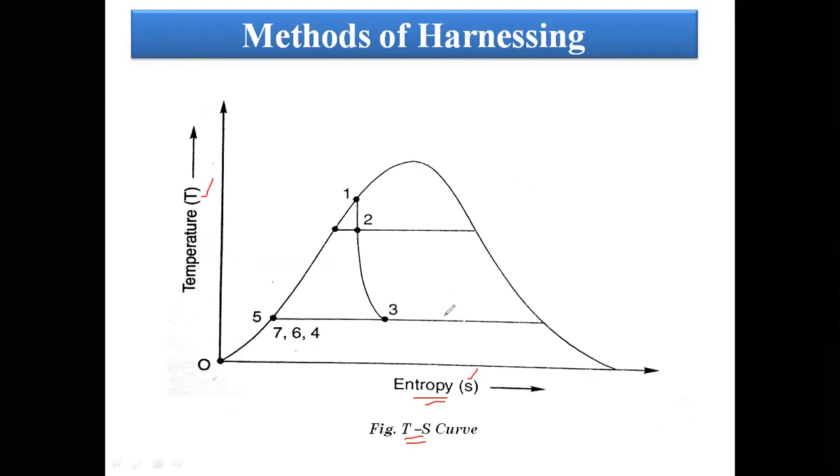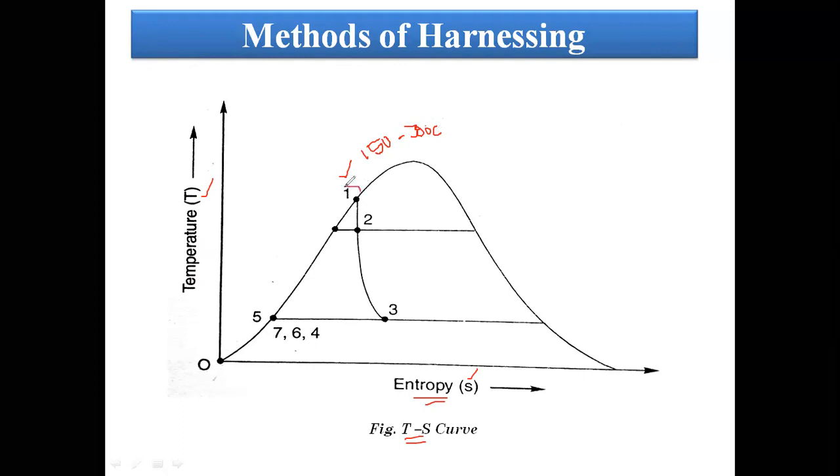In this characteristic curve, the points are numbered 1, 2, 3, 4 and then 7, 6, 4. This indicates geothermal brine in the well at high temperature. Actually, in the geothermal power plant, the temperature is maintained from 150 to 300 degrees centigrade. That is geothermal brine in the well at high temperature, 150 to 300 degrees centigrade.